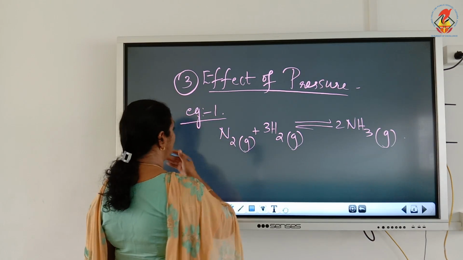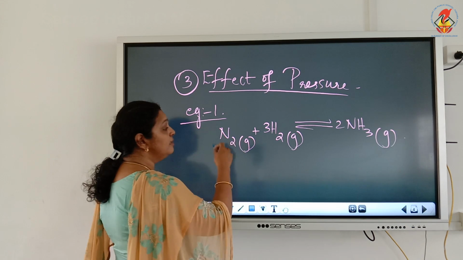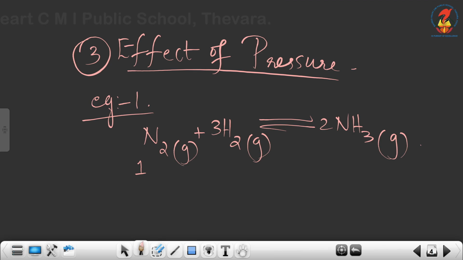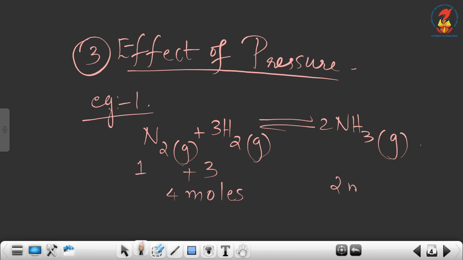And you know where the stoichiometric coefficient is written? It's written on the left-hand side before the symbol. So for nitrogen, nothing is written, meaning it is 1, plus the stoichiometric coefficient for hydrogen is 3. So 3 plus 1, we have a total of 4 moles on the reactant side,